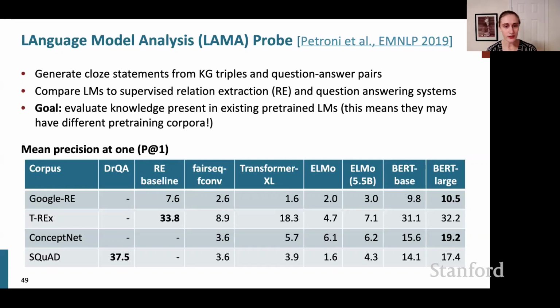So in addition to BERT large and BERT base performing well overall, we do see that in the T-Rex data set, the relation extraction baseline is performing a bit better than BERT. One thing they notice here that's pretty interesting is that this data set has a lot of different types of relations, and relations can be classified in terms of,